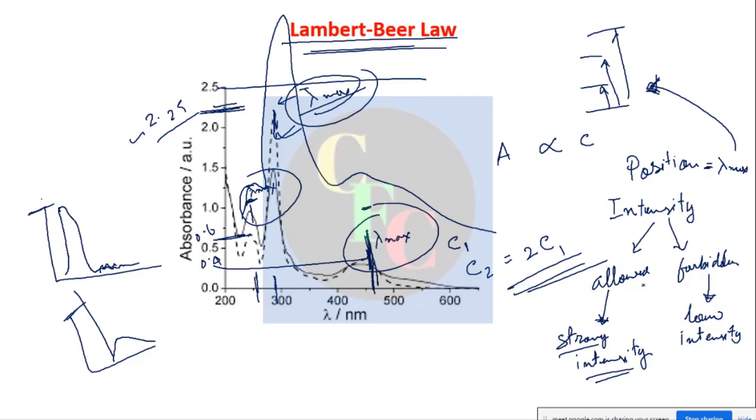Okay, now see what is Lambert-Beer's law. That's what we started here. So for reporting, if you want to show this peak clearly, you have to give one more picture. If you want to show another peak, then you have to give another picture. So you cannot give 10 pictures for 10 peaks. So for that purpose, we have something called absorptivity, or molar absorption coefficient, or molar extinction coefficient. So this is defined as the constant.